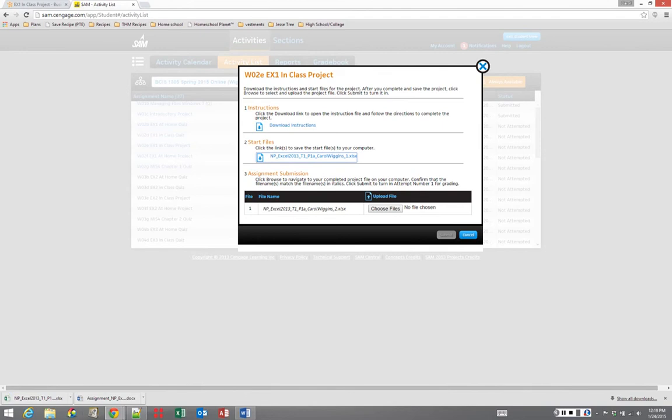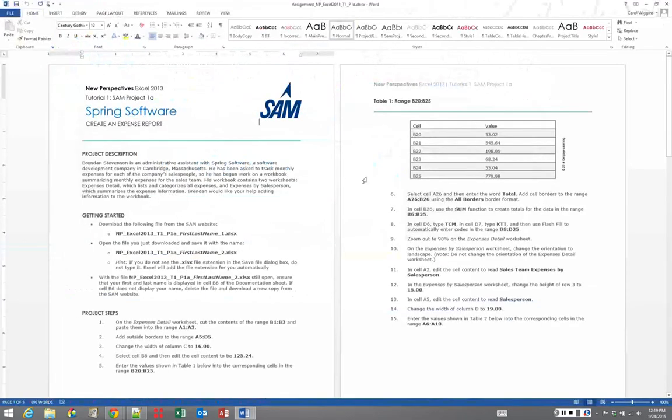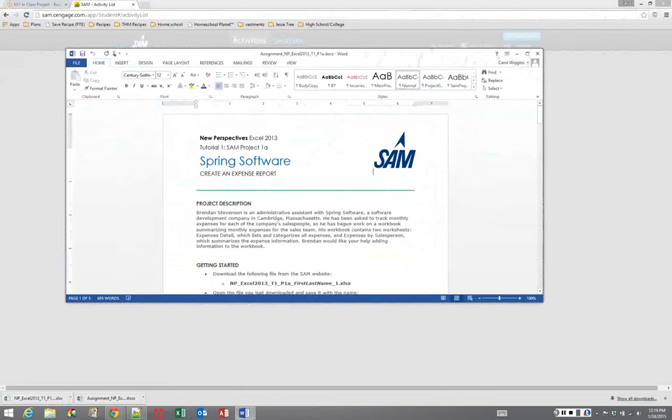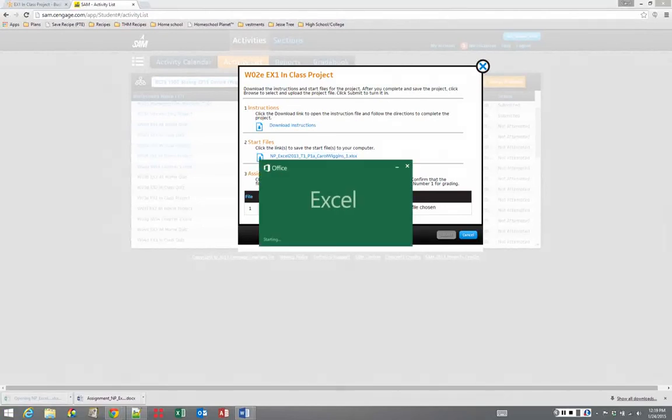You can leave this open, it won't hurt anything, or you can close it, whichever you want to do. I'm going to open the instructions, and you can see they look like this. I'm going to take it off screen so that we can focus on the Excel stuff, and I'll read to you the directions as we get through it. Then I'm going to open up the Excel file